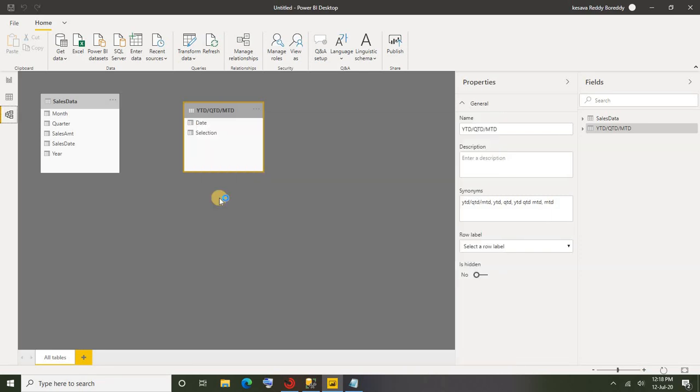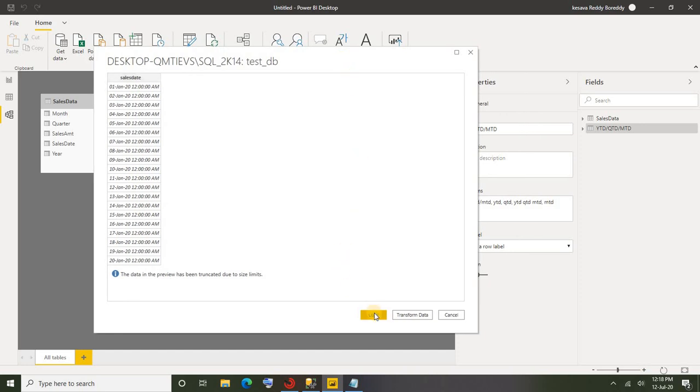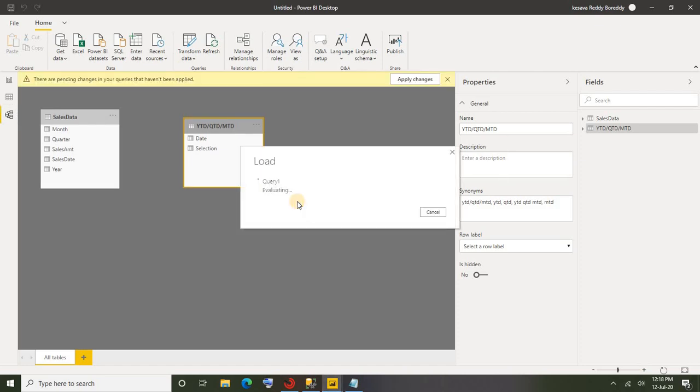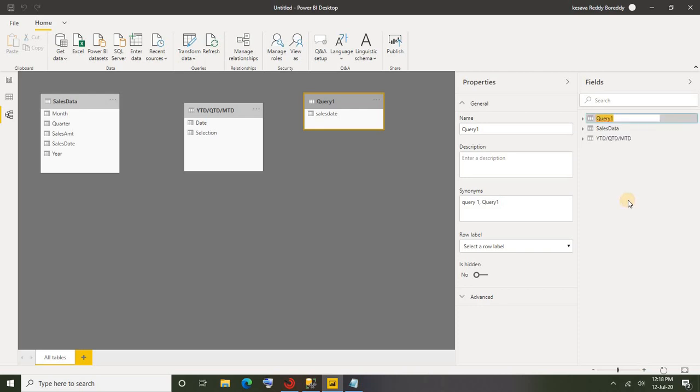Not only in this requirement, in any other requirement also, if you have duplicate values in both the tables, you definitely can't go for that, because many to many relationship will not be allowed, right? So to get rid of that issue, you can have one bridge table that has the unique values to relate both the tables. Here in this case, the sales table as well as the table which we created with DAX. So I'm going to name this bridge. It's up to you how you want to name it. Maybe you can name it reference table also, of course. So I'm going to name it bridge.